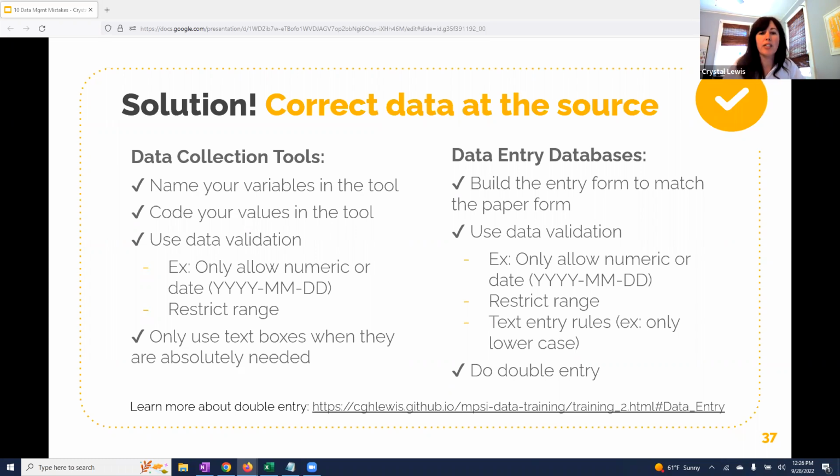But even with all of these precautions in place, data will still be entered incorrectly. There's a research study that says with single entry of data, we should assume a 5 to 10% error rate. And if we're not okay with this error rate, which most of us probably are not, consider double entering your data. This is where you have two separate entry databases and two different people enter the data into each database, and then you use some sort of program to check the differences across the files and then rectify those differences. If you are interested, you can read more about double entry in the link on this slide.